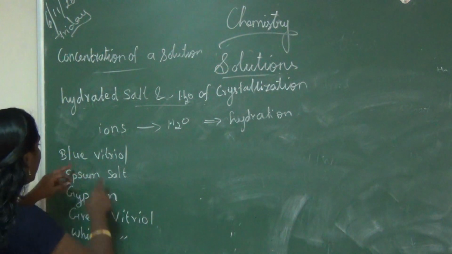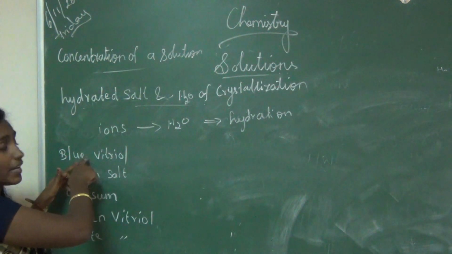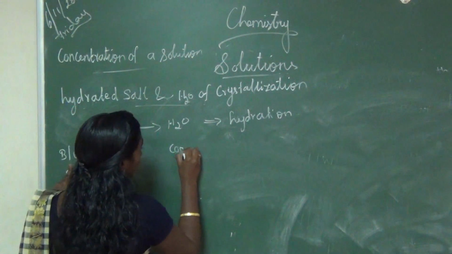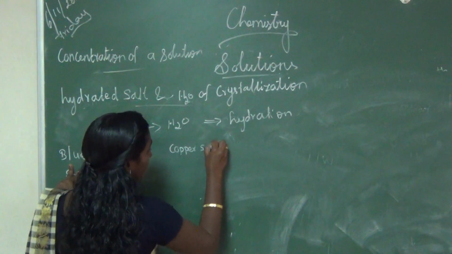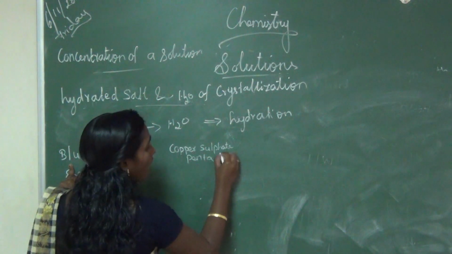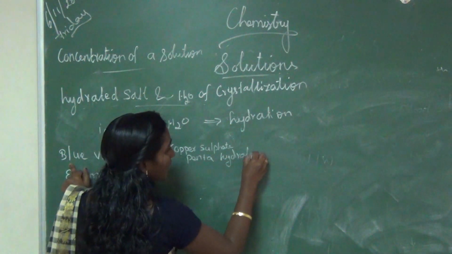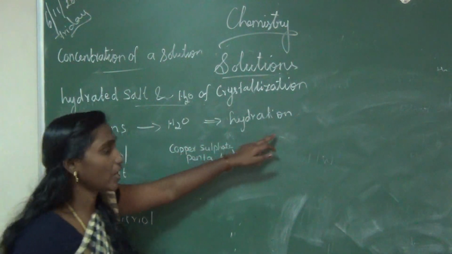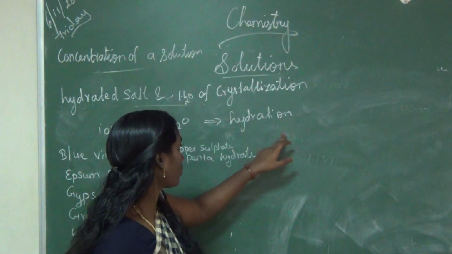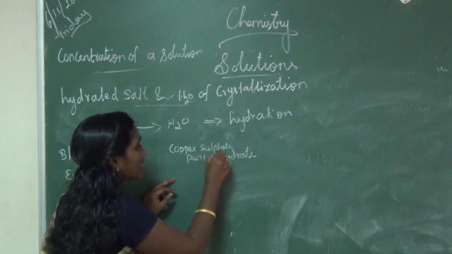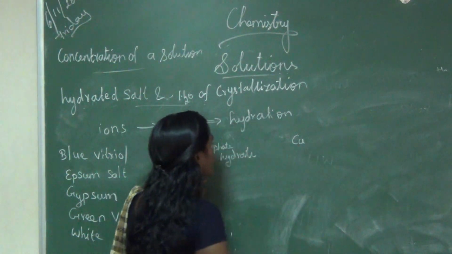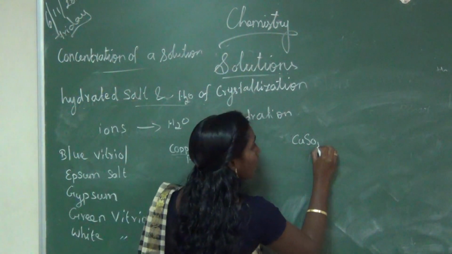Okay, the molecular formula of this. The IUPAC name of blue vitriol is copper sulfate pentahydrate. So listen, next we are going to write the molecular formula. This is the IUPAC name. So copper sulfate: what is the copper formula? Cu, right? So Cu, sulfate, SO4. Copper sulfate.